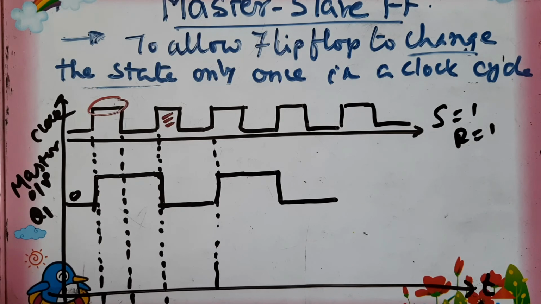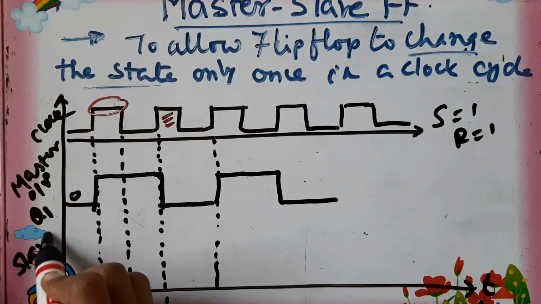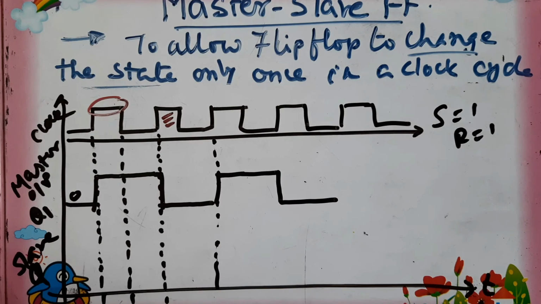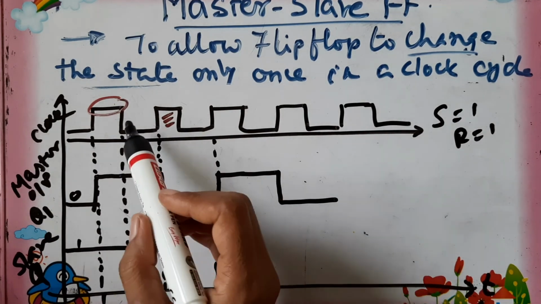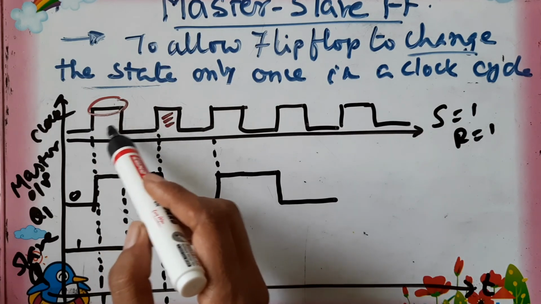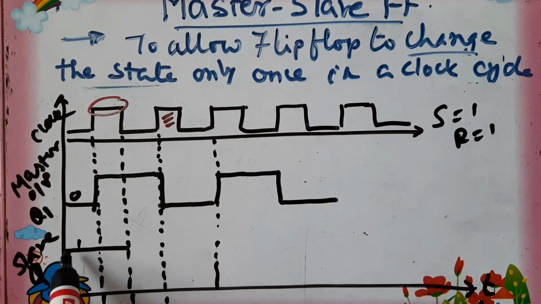Now let us discuss the output of the slave. The output of the slave, we marked it as Q, the final output of the circuit. Again, we can assume any value at the output. So let it be 1. So for the positive level of the clock, slave is inactive, so it will hold the previous value and it will be 1 as it is.